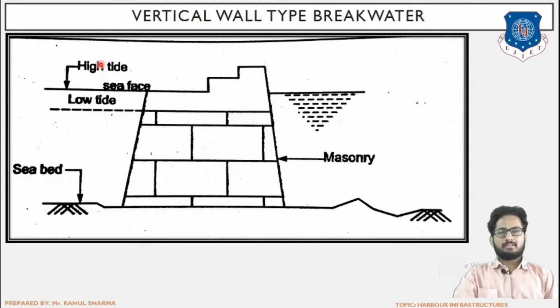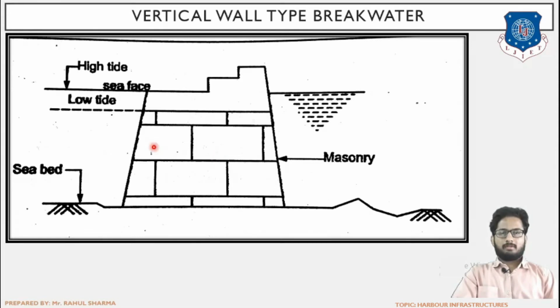Low tide and high tide, that is the tidal range: the minimum height which will exist for the tide and the maximum height which will exist for the tide. So this indicates the tidal range between which the level of water will fluctuate. The sea face has been shown. Basically this is a vertical wall, that is the masonry construction. Brick construction is done on the periphery or circumference of the harbour to satisfy its function of dissipating or reducing the wave and wind energy.